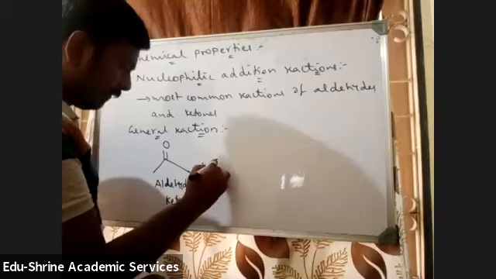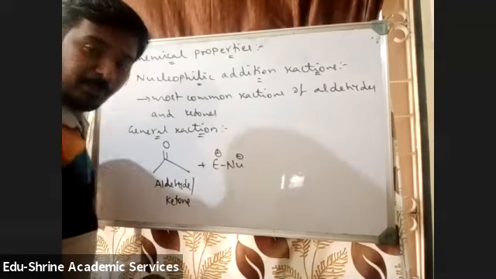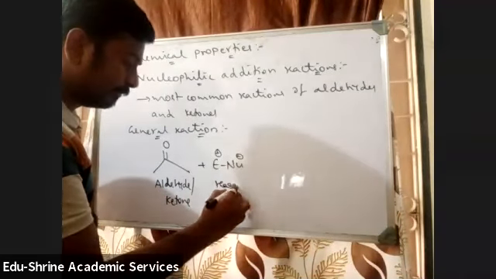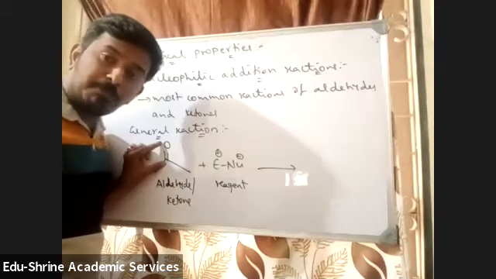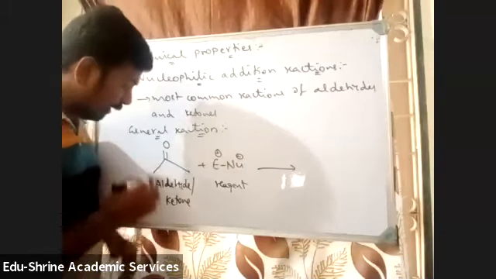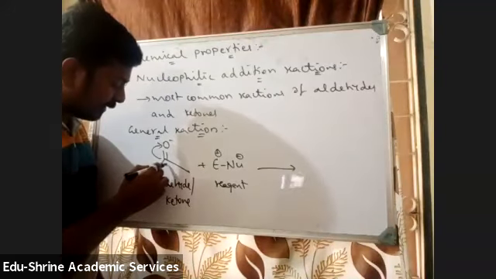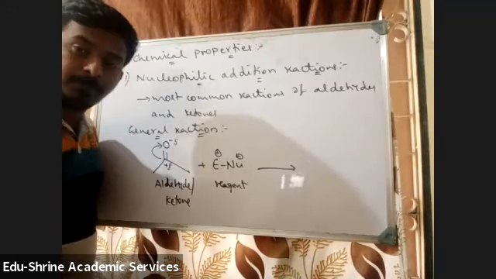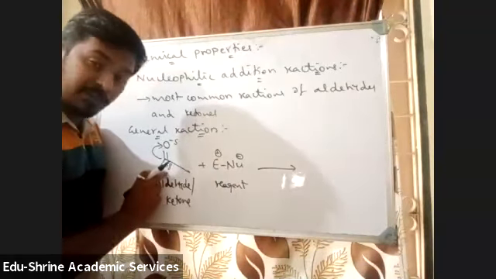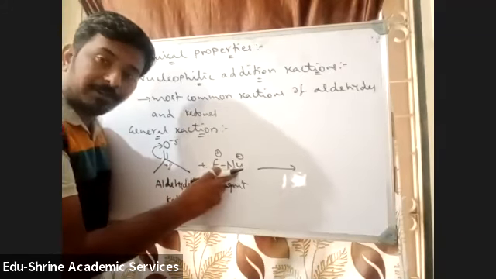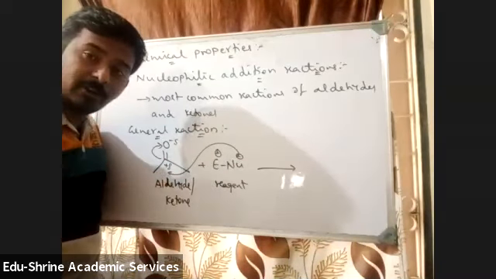To this, if you are adding a reagent, we know that a reagent contains two parts. One is the positive part, the other one is the negative part. So this is the reagent. Now see here, students. We know that this C double bond O is a polar bond. As this is a polar bond, the pi electrons will be polarized towards oxygen. So oxygen will be getting a slight negative charge. Carbon will be getting a slight positive charge. Now, the nucleophile will be attacking this positive part. Nucleophile is electron rich, so it will be attacking the electron deficient side.